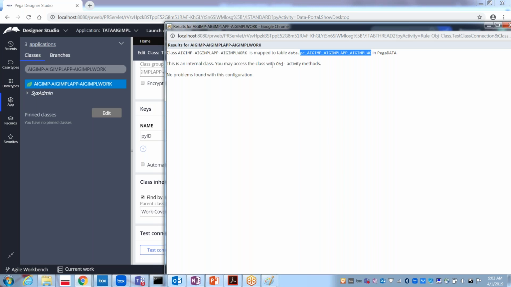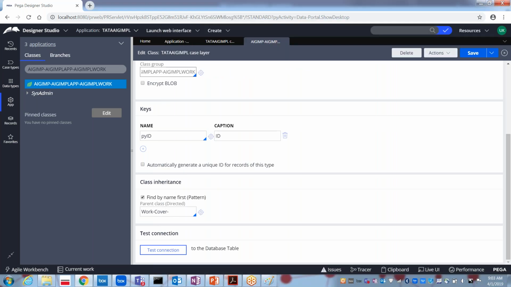You may access the class with Obj-activity methods, and no problems found with this configuration. Right now, this class is correct and it is working as expected. So likewise, we can just test the connection to see how it is going to map to the database, to which database table it has been mapped. All those things we can see by selecting test connection.